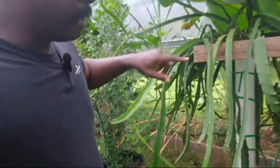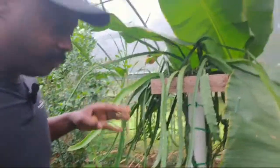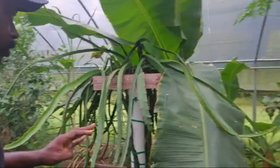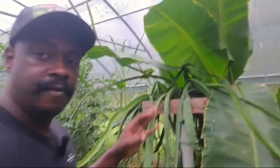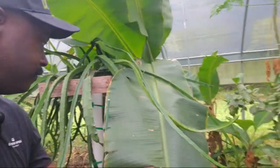Dragon fruit, we didn't come out here and try to hand pollinate or anything. If it would have made one, fine, but it didn't. It made a lot of flowers. But next year we'll be a little bit more on trying to actually get a fruit out of it. But what I like about that dragon fruit is when I move this,